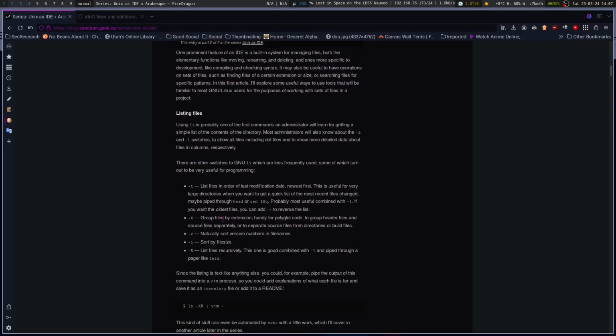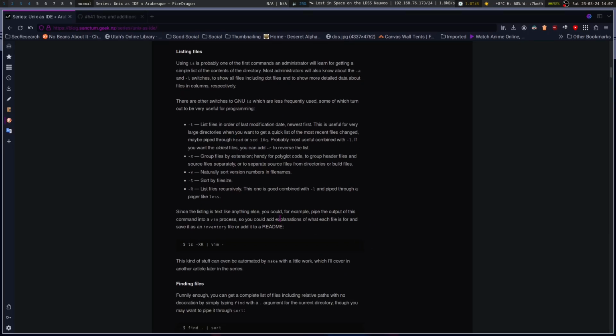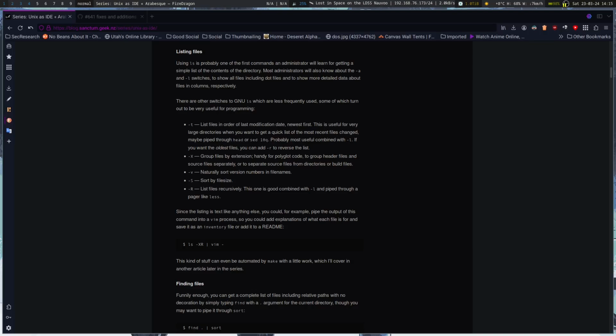You've got capital X to group by extension, V to naturally sort by version numbers and file names, capital S to sort by file size, and capital R to list files recursively. So you're going to pipe this into a pager. So these are all pretty powerful